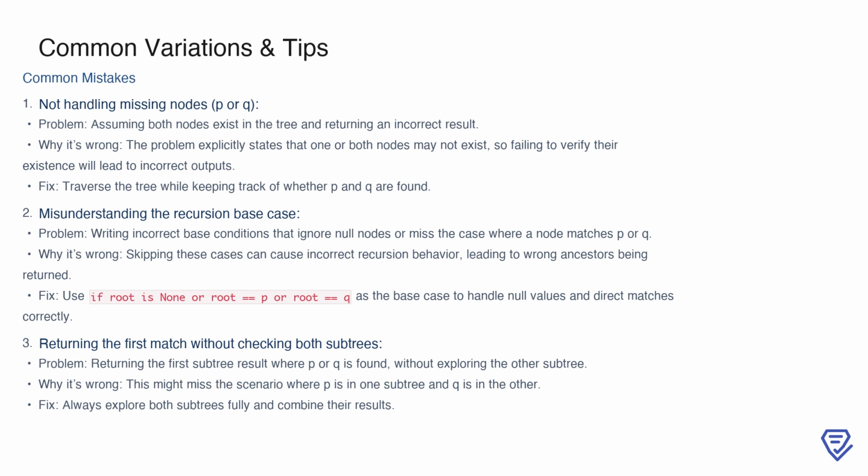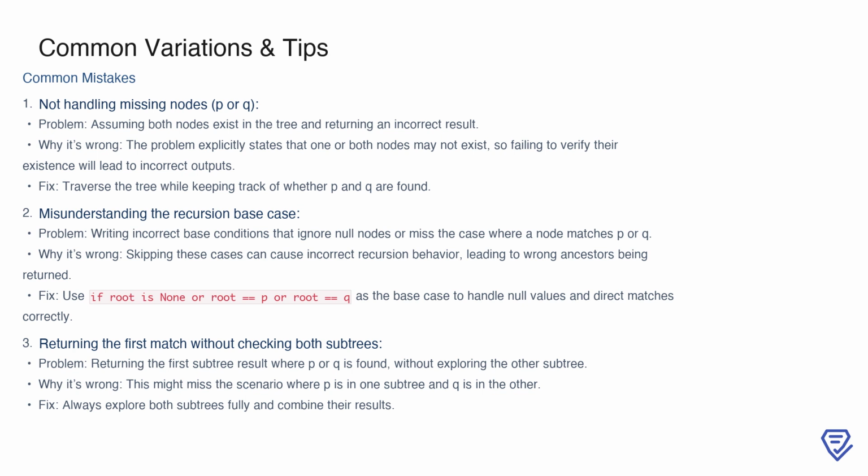Finally, some solutions return the first match without fully exploring both subtrees. This is problematic because P and Q might be located in opposite subtrees, and failing to check both would lead to incorrect results. The solution here is to ensure you explore both subtrees completely and combine their results to determine